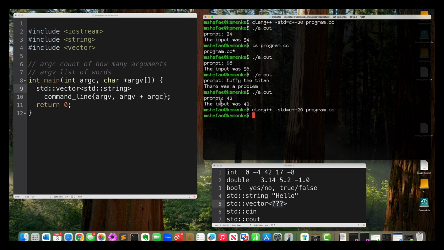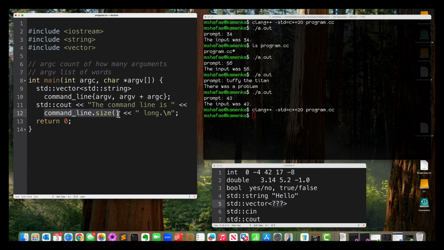Yeah, great. Now, of course, this program doesn't do anything, but we can perhaps start asking command line about itself. Say, for instance, I want to know how many command line arguments there were. I can say standard cout command line size. Now, let me put some more context here. So I'm going to print out the command line is, and then I'm going to ask the command line how